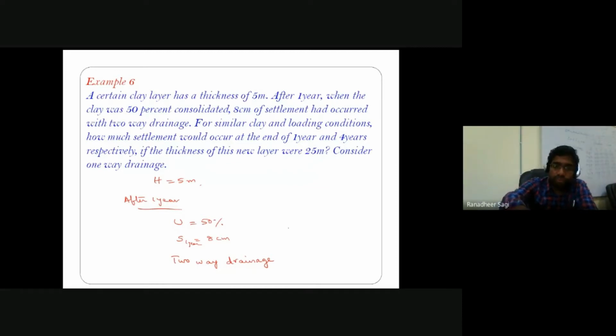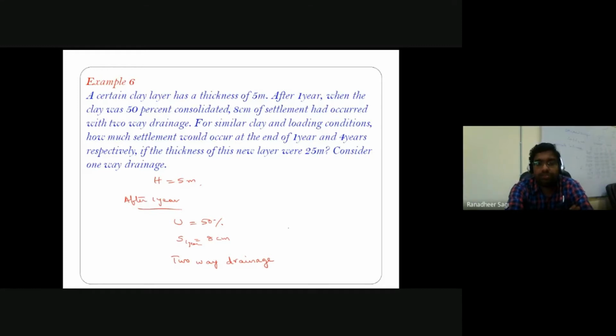For that 25 meter thickness, at the end of 1 year and at the end of 4 years, I am required to estimate the settlement. But it's mentioned that in this second case, you have one-way